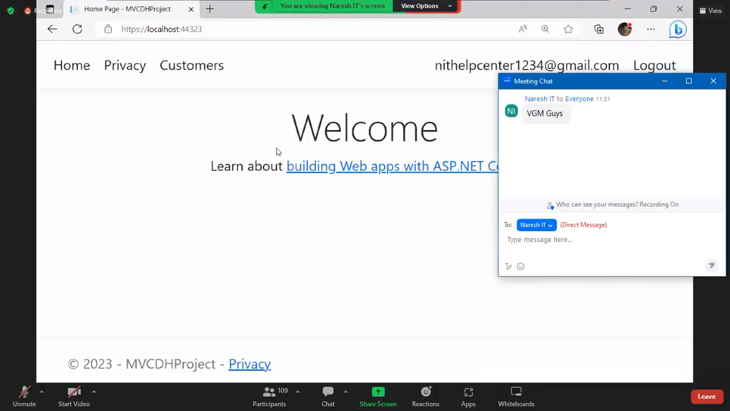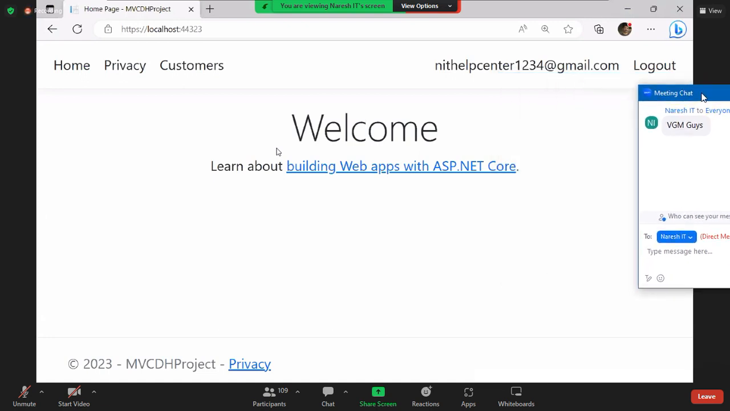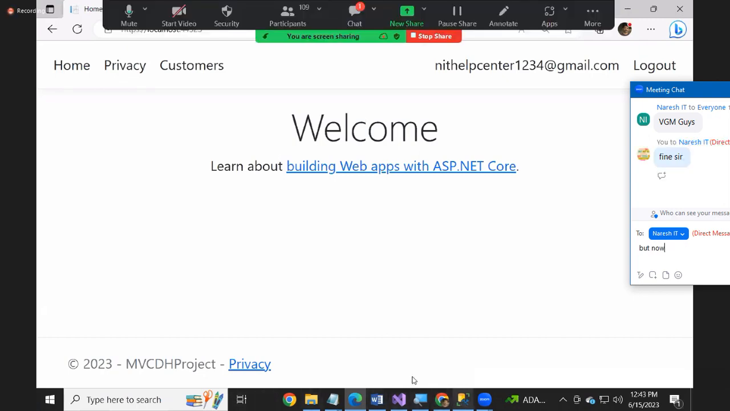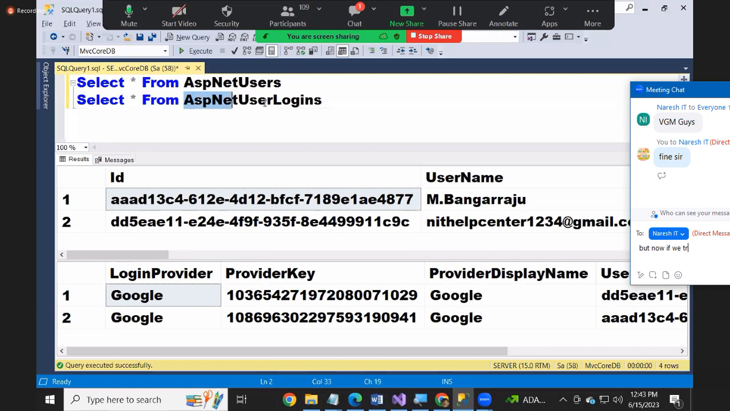Are you clear? See, three scenarios I've shown you. What is the first scenario? Google email ID only, but the Google email ID is already available for an existing user. If that is the case, it will make an entry into the login table. Second scenario, a completely new ID which is not available. So first it made an entry into, afterwards